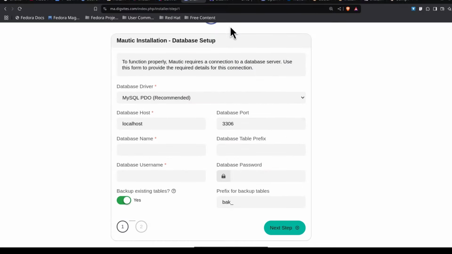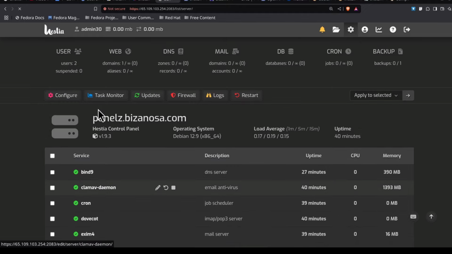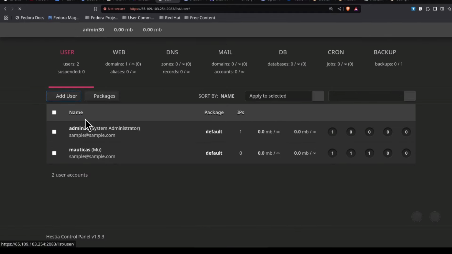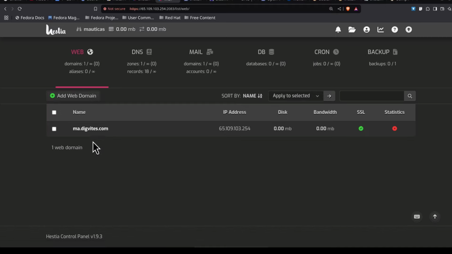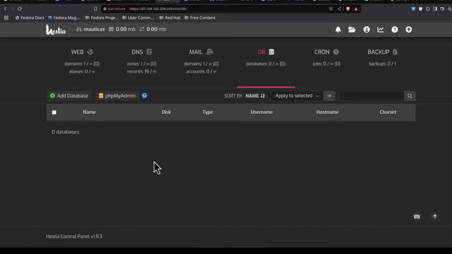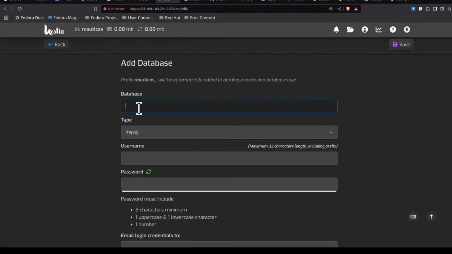Let's come back to HestiaCP. And I want to just click on that because I want to go to users. And this is a user with our domain. So I'm going to click on it to log in as that user. And I will come to DB. And I want to create a database here. So add database. I'll call my database